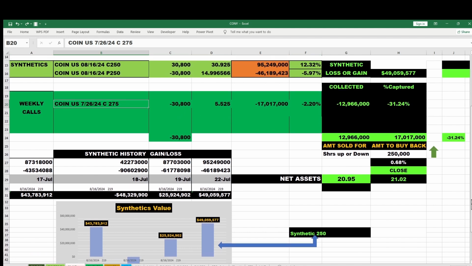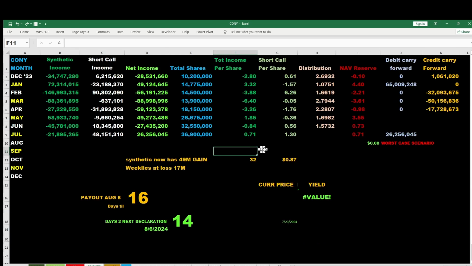Okay, so let's go to payments. I did some computational math for you guys. I said, all right, how do we get paid? We've got a 71-cent loss, and you're asking how can it get to $1.50? How can it get to $2? Well, let me tell you. You've got a $49 million gain and a loss of 17 million. But let me educate you. We could move up $10 and that 17 million loss on the weekly completely goes away. It's all time premium, right? So 275 makes it zero.